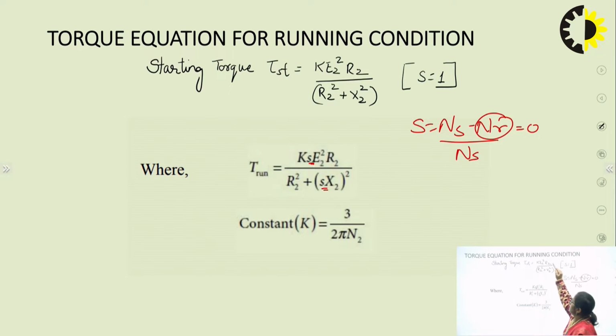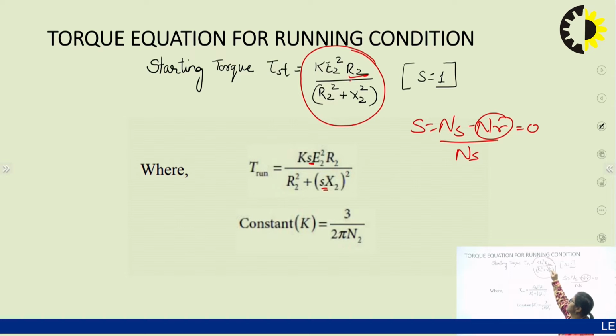If we see this particular expression, it can be very nicely seen that the starting torque is very much dependent upon the rotor resistance, right? The starting torque is directly proportional to the rotor resistance. So as we increase the rotor resistance by many means, we'll be seeing that. In fact, that is possible in case of slip ring induction motor, right? As we are having two types of induction motor, one is squirrel cage, another one is slip ring or phase wound. So in case of squirrel cage, the addition of the rotor resistance is not possible.